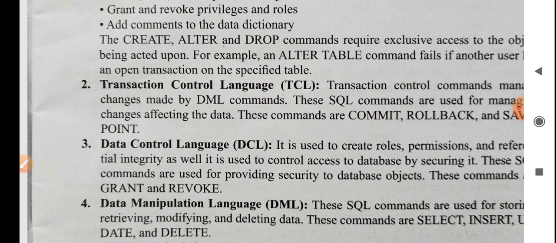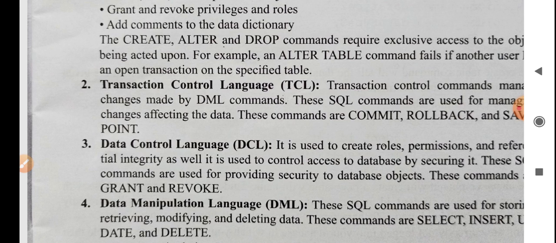Or when we are doing an online reservation, how can it be done without any overlapping in those transactions? These are a few commands which we use while accessing a database from a remote location. So the transaction control language is used for safe, secure and reliable transactions on the database.